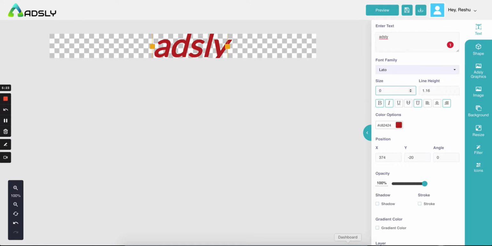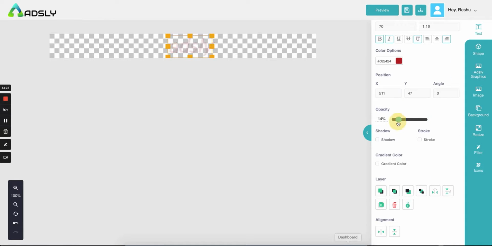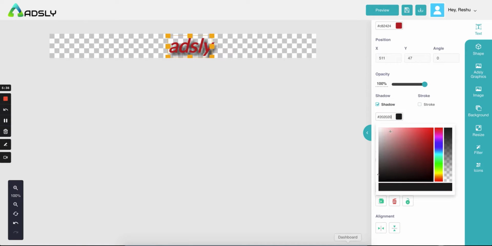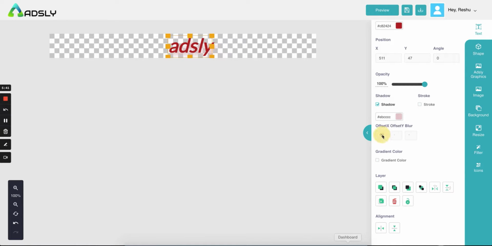Let me reduce the size of it. Then opacity, the visibility of the text, you can decide that. You can add a shadow to it, and while you add a shadow, you can also edit your shadow, whatever color you are looking for. Offset options, like I am reducing the blur option, so now you can see it clearly. So this is how we add shadow to a text,